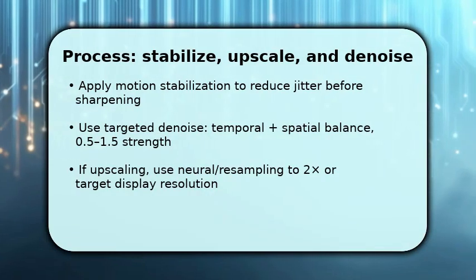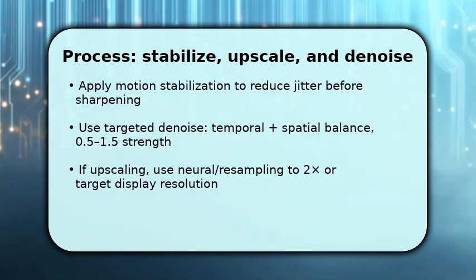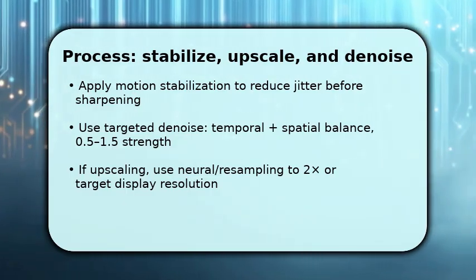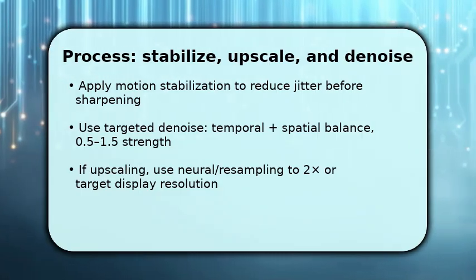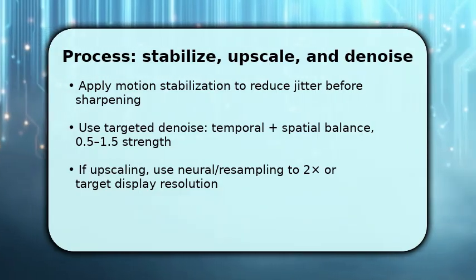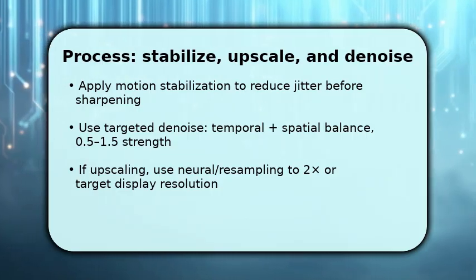Once done with capture, import your file and stabilize motion first so subsequent processing aligns frames correctly. Next, apply a balanced denoise workflow. Combine temporal denoise to use frame data with light spatial denoise, aiming for 1/4 to 1.5 strength so you retain